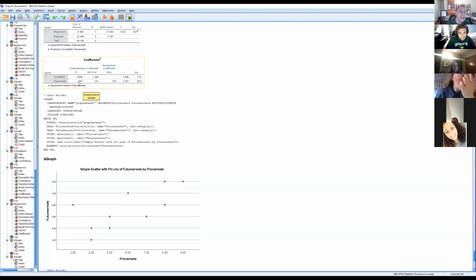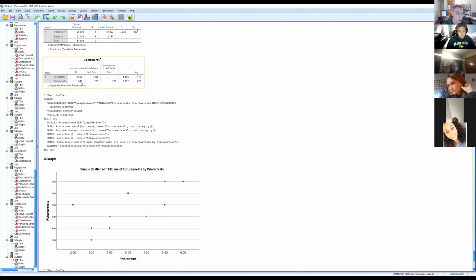This is 0.645. Okay, and so those are the only 2 numbers that you need to pick out of that printout